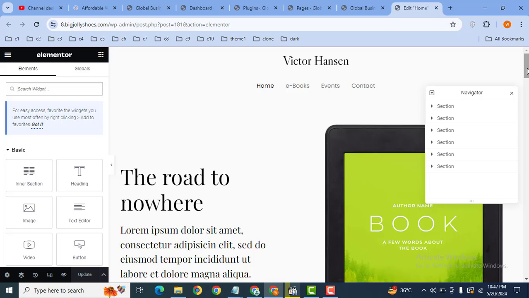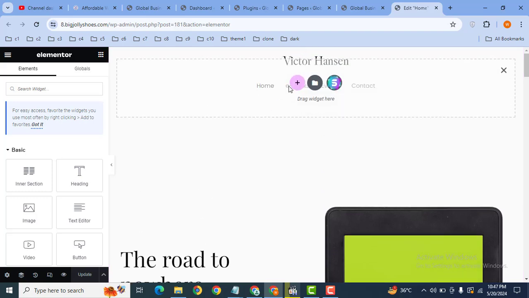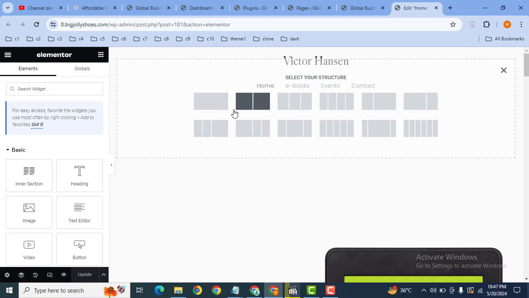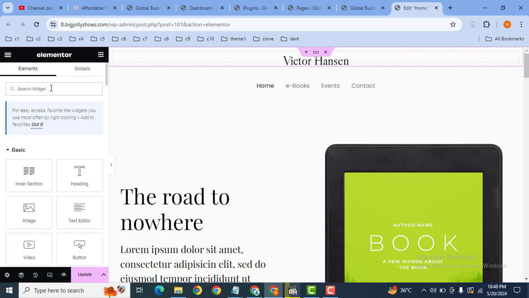Alright, now here we can add a new section. Here you can see section settings, then plus, then again click here plus, and after that here you can see the structure for the row. Now simply I can select a one column row, and after that here you can see dots. Click here, then scroll down,